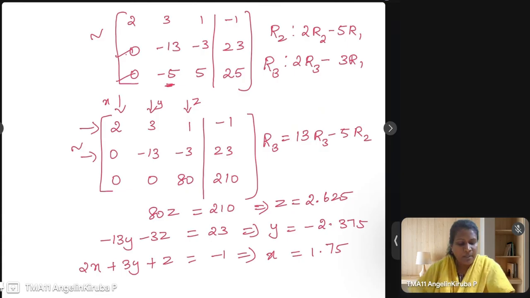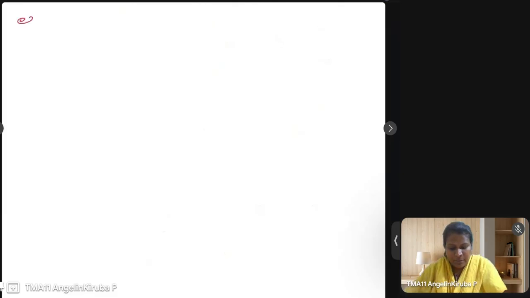So next we'll see an example for the Gauss-Jordan method. Gauss-Jordan is also similar to elimination only. As I said earlier, for Jordan also, first we have to proceed with Gauss elimination, and then we have to continue and convert the matrix into a diagonal matrix. Okay, so that will be the main difference between the elimination and Jordan methods. Next, we are going to see an example for the Jordan method.